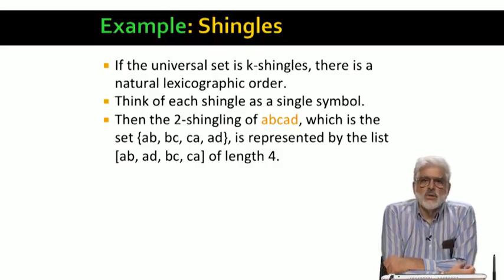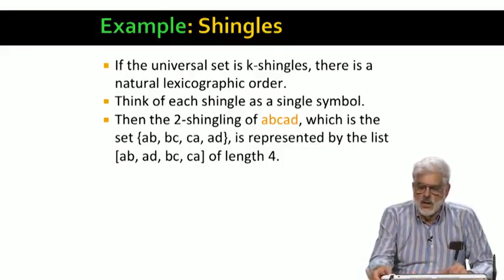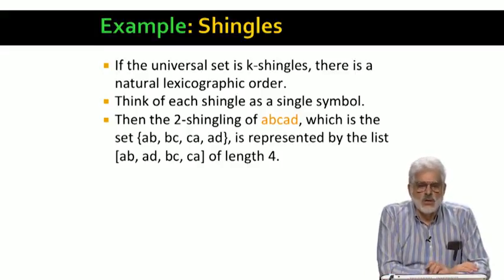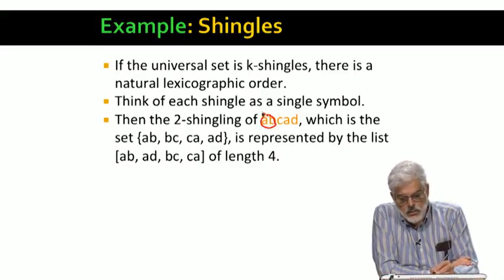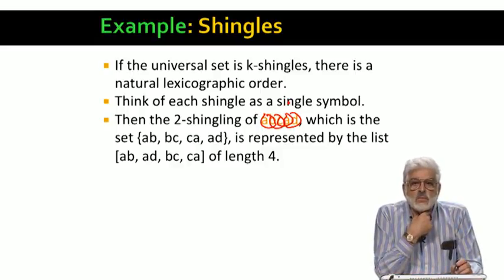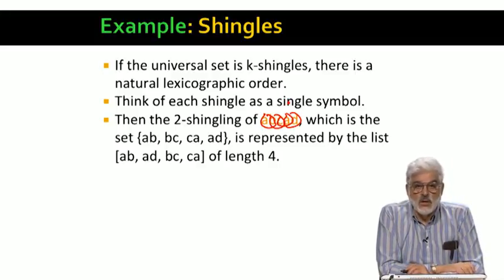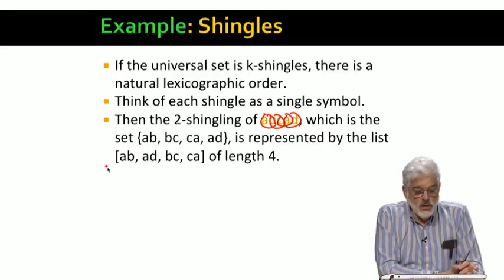So let's take a particular example. We'll use k equals 2, and the document we shingle will be ABCAD. The four shingles in this document are AB, BC, CA, and AD. Let's sort these shingles lexicographically. First is AB, then comes AD, finally BC, and then CA. The sorted list of shingles is thus AB, AD,